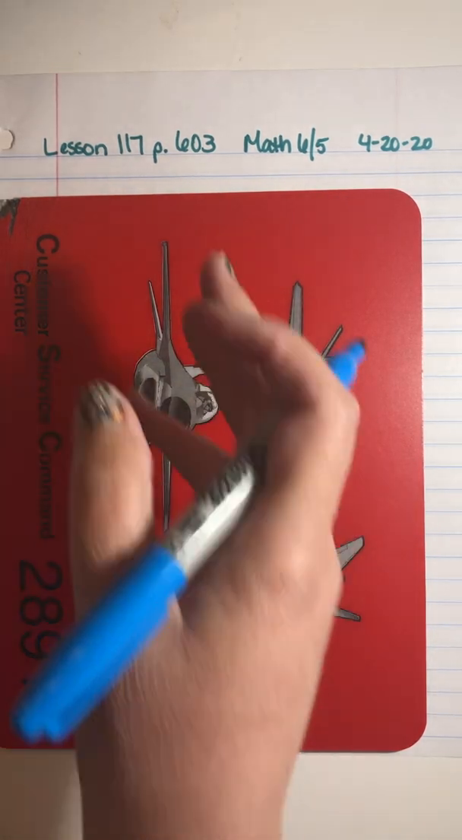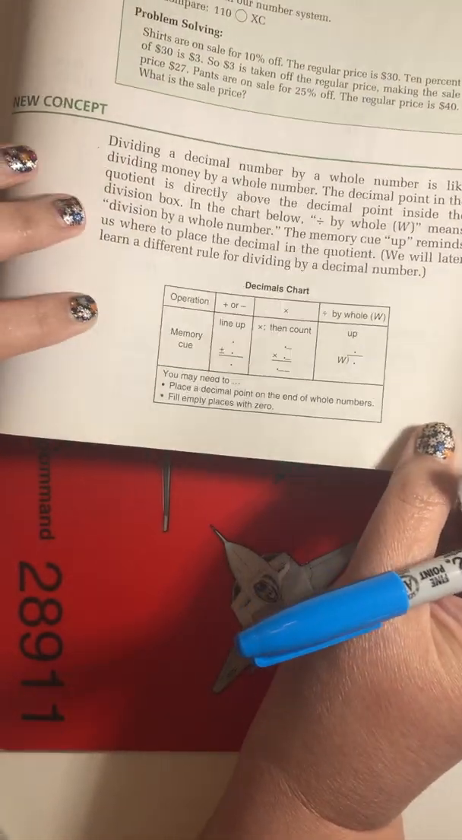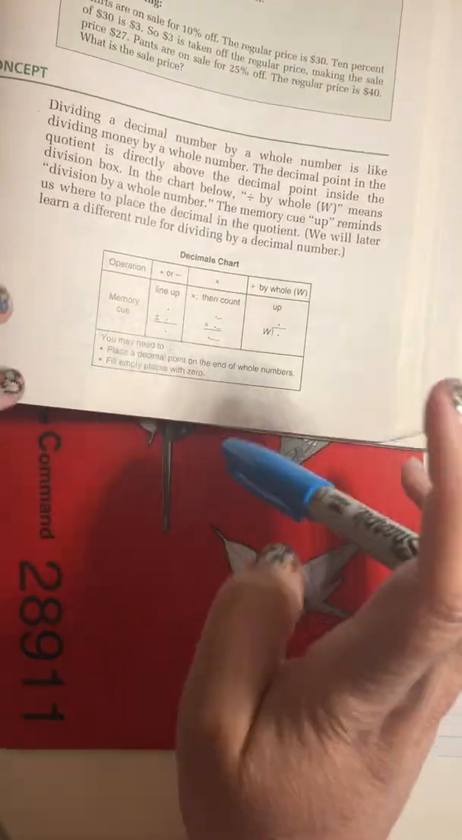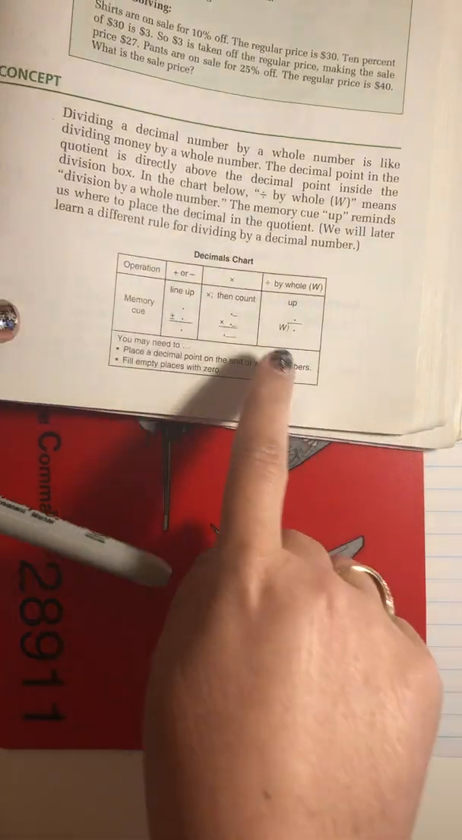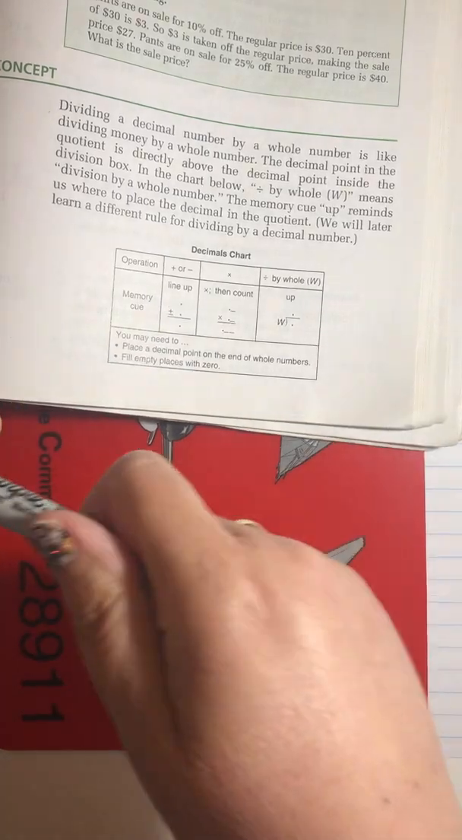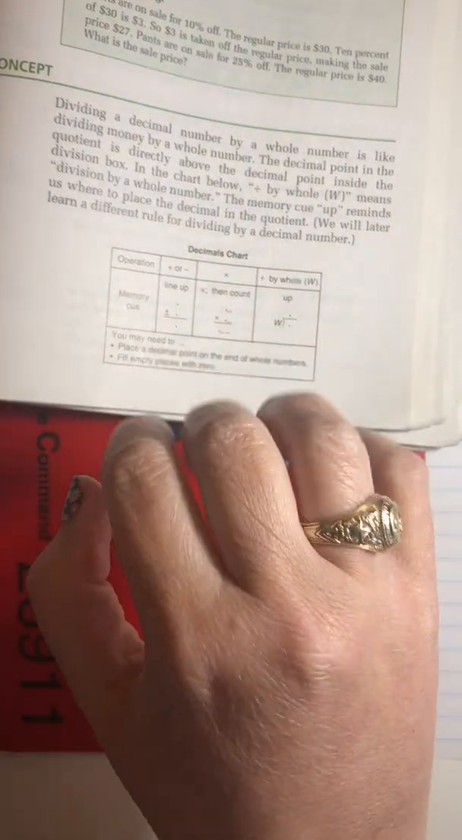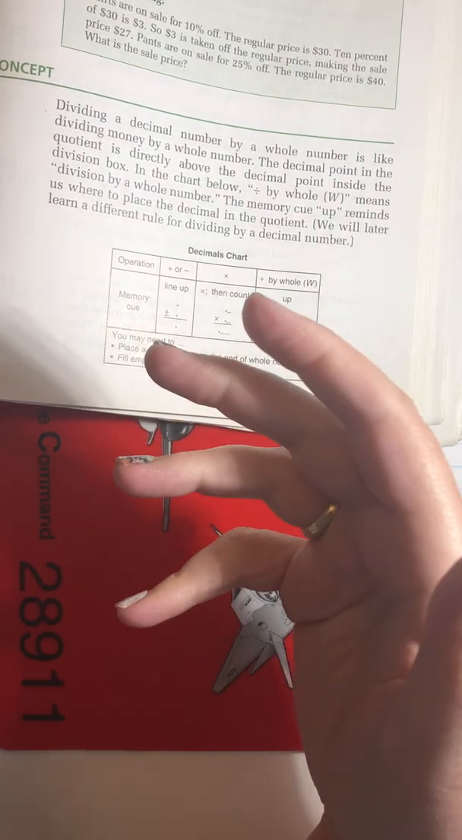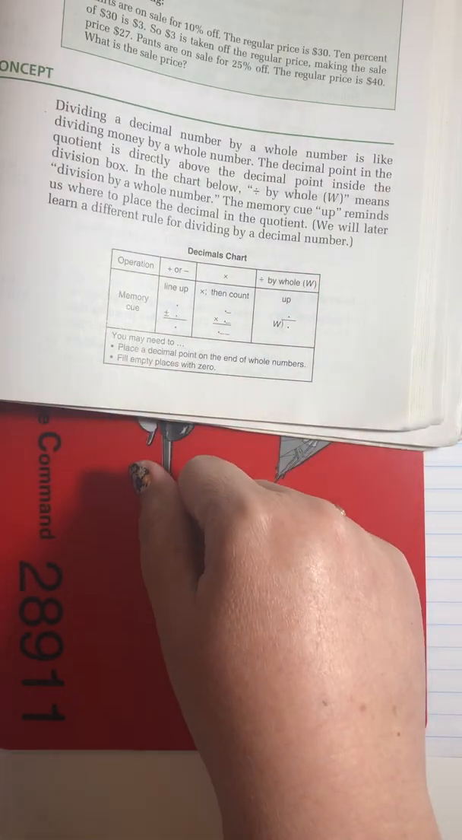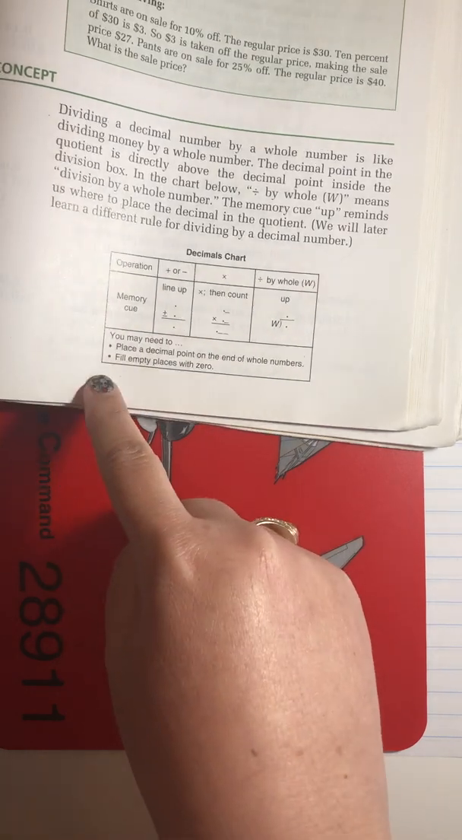I'm going to bring your textbook up. If you have it, grab it, because let me make sure I get it all on screen here. At the bottom of page 603 is a little chart, and these are all things you have learned, but it puts it in one little place. And it's regarding decimals. That's what 117 deals with. It deals with decimals. So I wanted to go over this chart real quick and explain it to you,